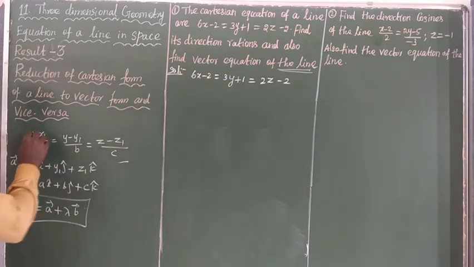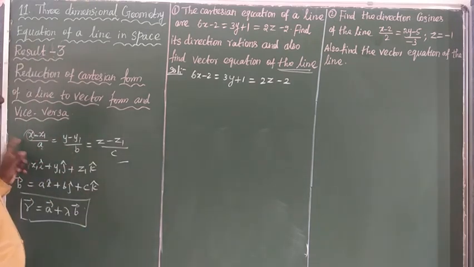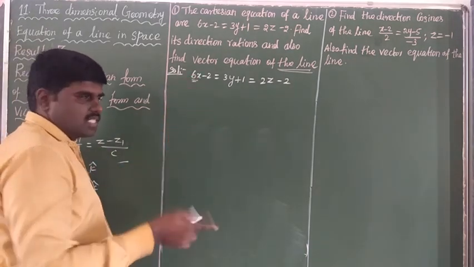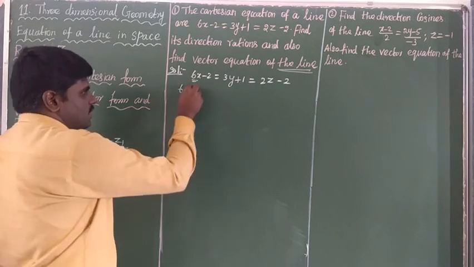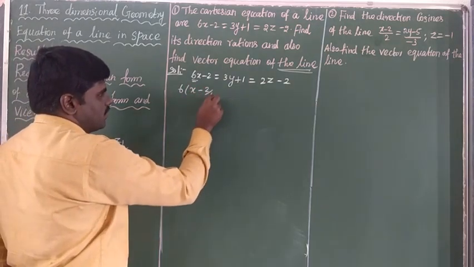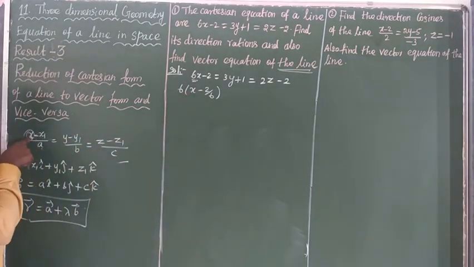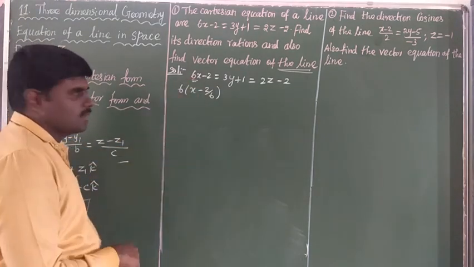So I need only x, the coordinate points x1 and y1; the order, plus or minus, is no problem. But I need the coefficient of x only, without any constant. So first you take 6 common from 6x minus 2. What's remaining? (x minus 2) divided by 6. Is it clear? So I need x only, and whatever the constant is, we will take it common.